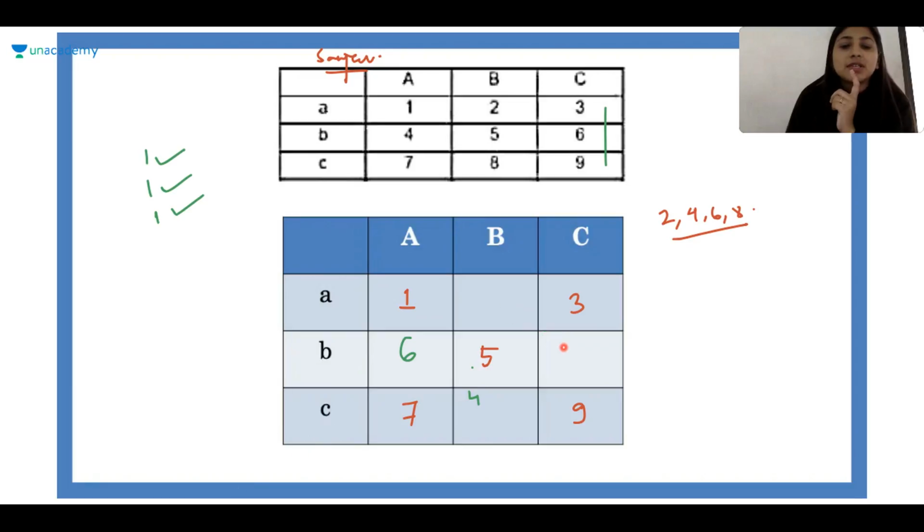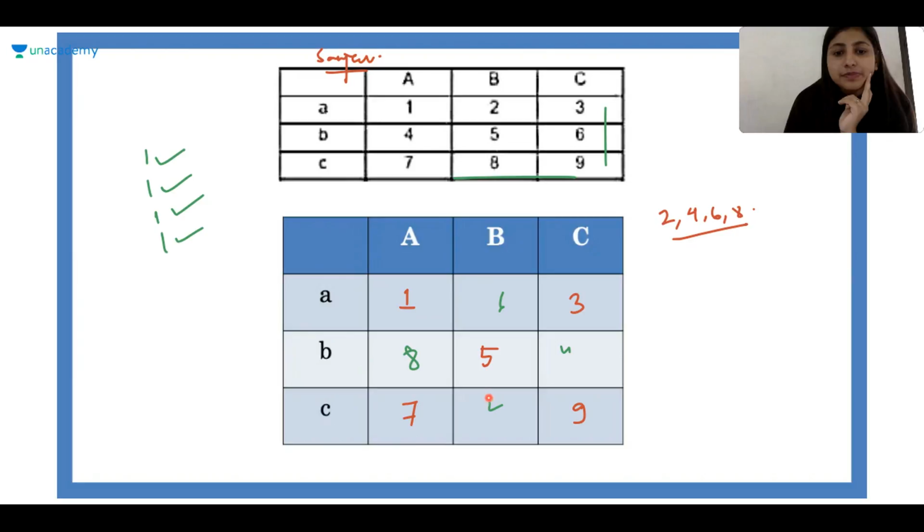Next, we'll put 6. 6 is already there. Okay, we'll put 8 here. No, 7, 8, 9 we cannot. It's already there in the same column for Sanjeev. So with 6 also we are done. Last we have 8. We'll put 8 here. Now we have 2, 4, and 6. Let's put 2, 4, 6 like that. 1, 6, 3, 8, 5, 4, 7, 2, 9. Okay, 3, 4, 9, 6, 5, 2, and 1, 8, 7. This works.